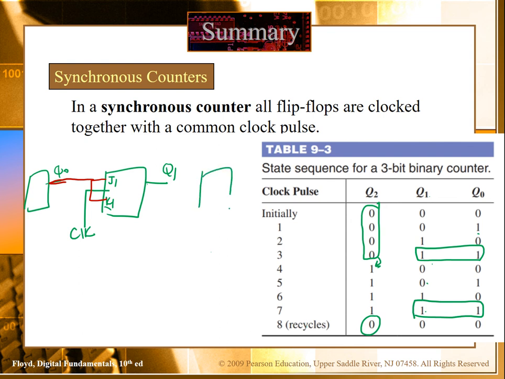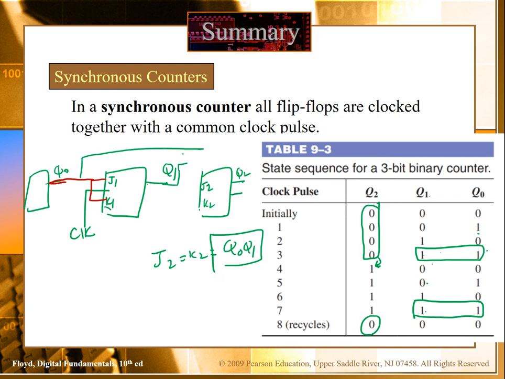So for the next flip-flop, which is our J2 and K2, we can implement it when both Q0 and Q1 are high. So basically Q0 and Q1 AND. We take Q0 here, we take Q1 here, we take both of them and this AND we apply to both J2 and K2. The clock is coming from the previous, this is the common clock. So that will be the implementation of the 3-bit synchronous counter.